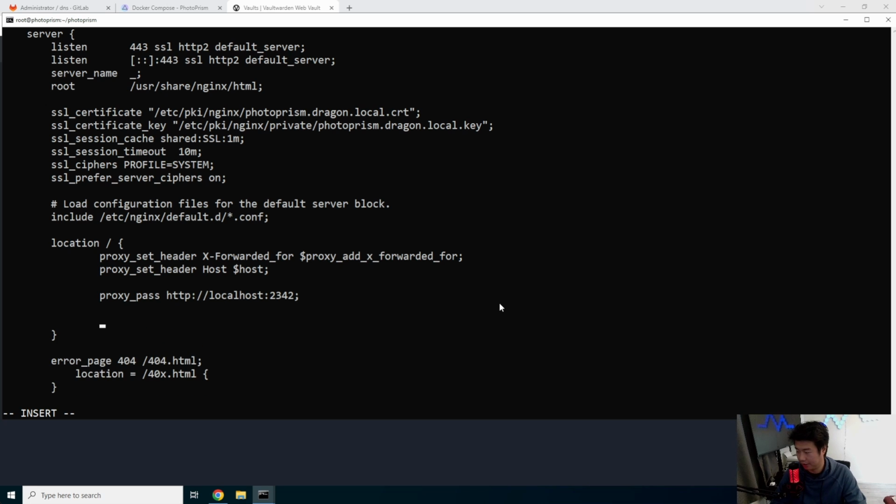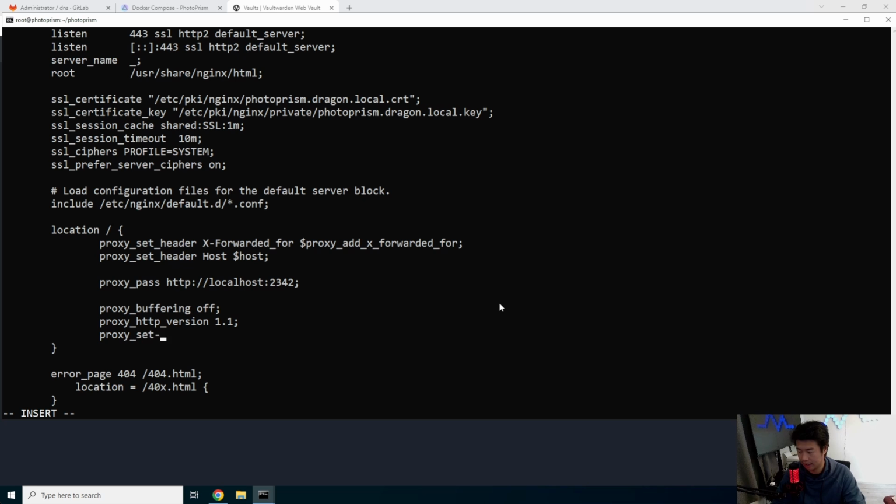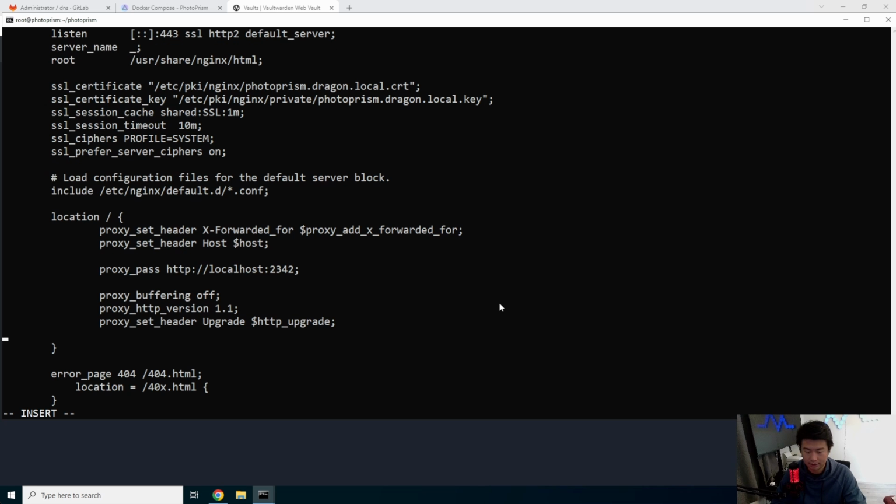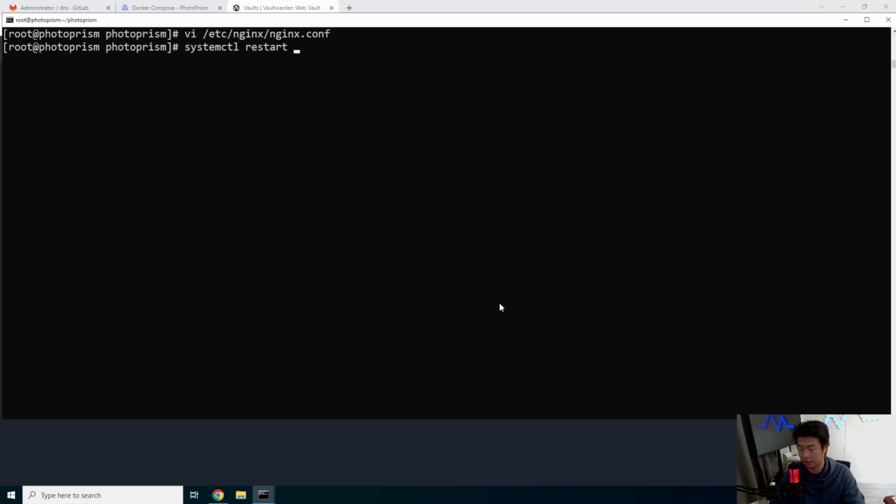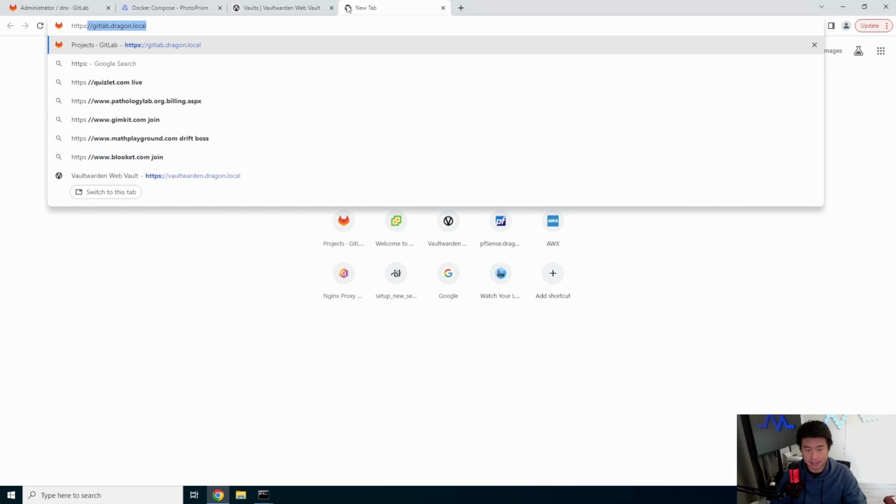And then there's a few other things that we need to do. So proxy_buffering off. proxy_http_version 1.1. proxy_set_header Upgrade $http_upgrade. And the last one is proxy_set_header Connection upgrade. And that should essentially be it. So now we can do a systemctl restart nginx here. And then we should be able to navigate here, HTTPS